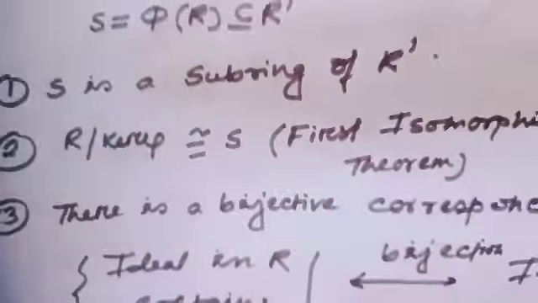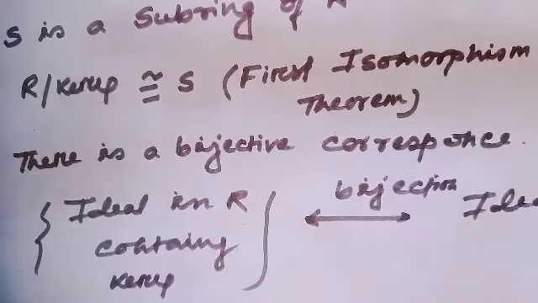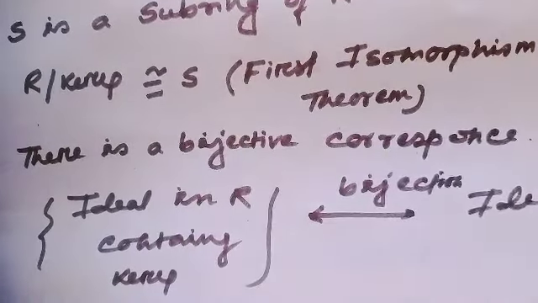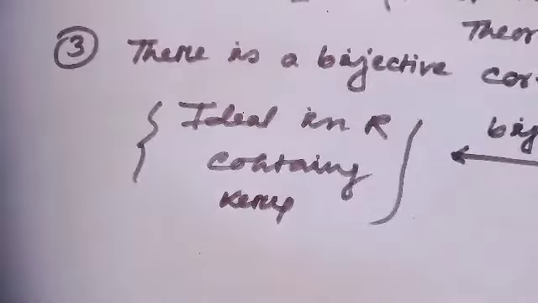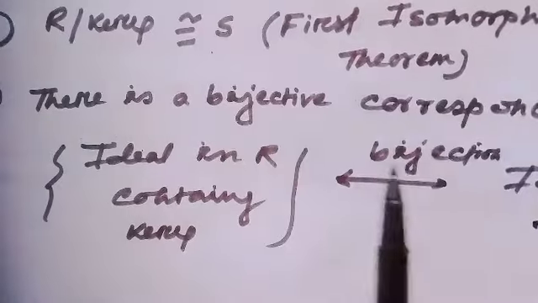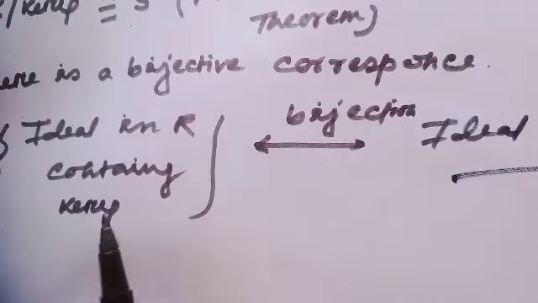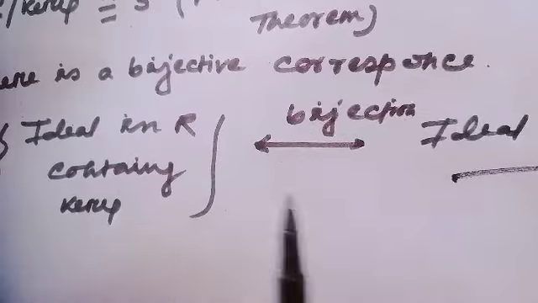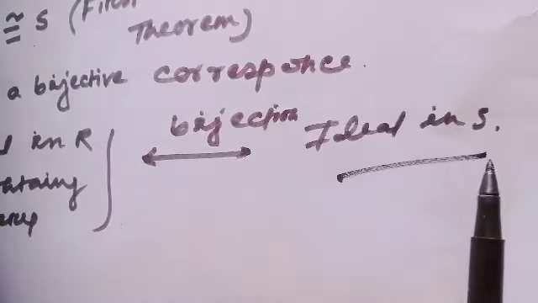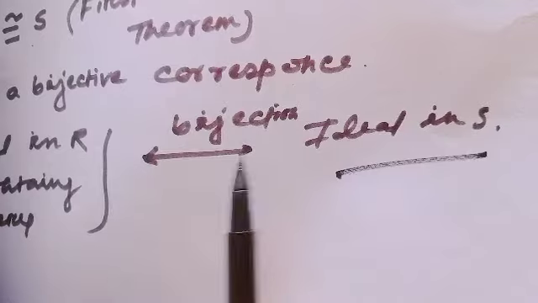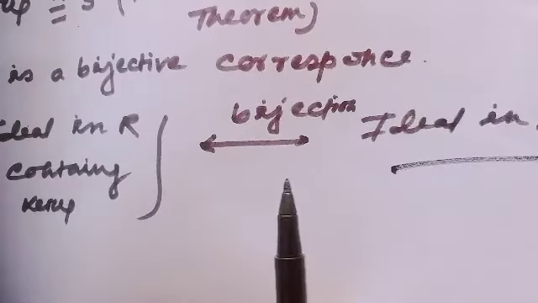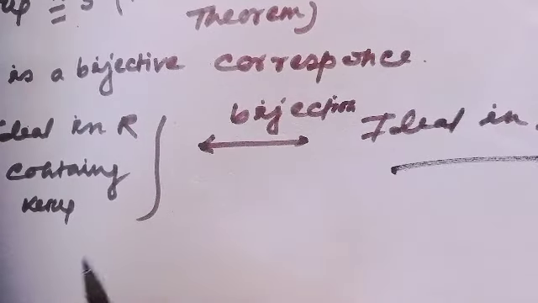I have seen this theorem in the earlier video and I have seen the correspondence theorem. By the correspondence theorem we can tell easily there exists a bijective correspondence from ideals in R containing ker φ to ideals in the image S. That means there exists a mapping which is bijective between ideals in R containing ker φ